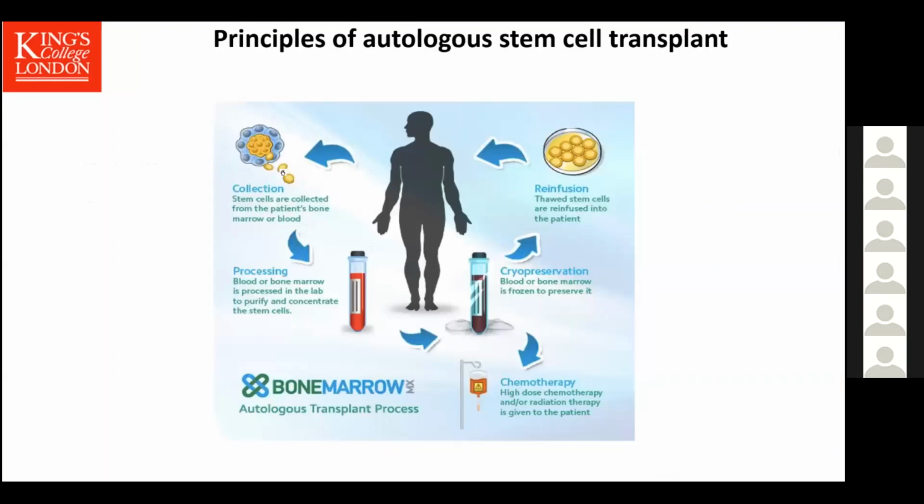So autologous transplant is actually one of the standards of care for myeloma in the current scenario, where the patient is younger than 70 years. The patient has gone into remission, and what do you do? You take their own stem cells, give them chemotherapy, and put the stem cells back into them, and then they grow